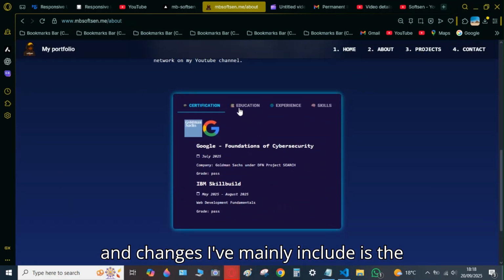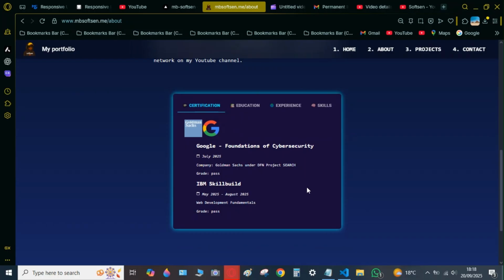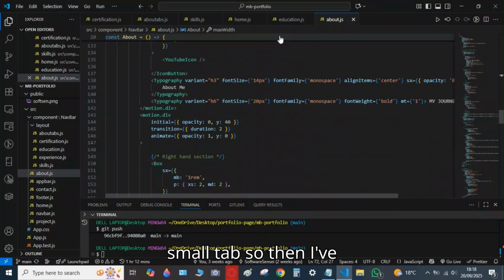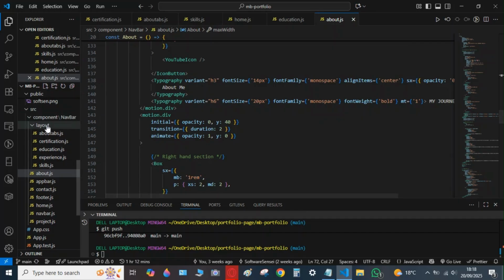The main change I've included is adding the tab page, the small tab. So I've created a file, a layout folder, which is called